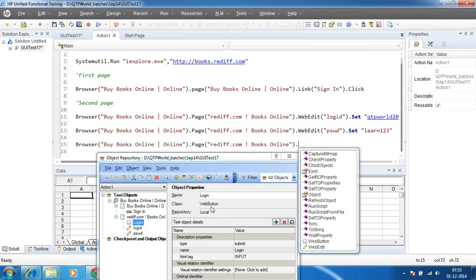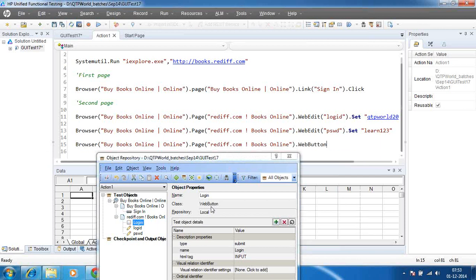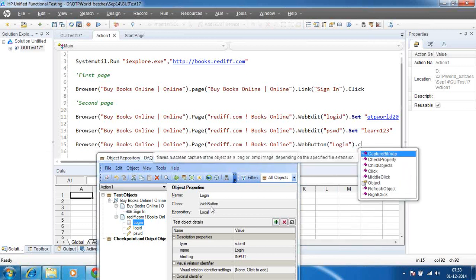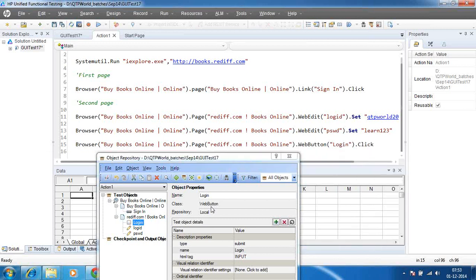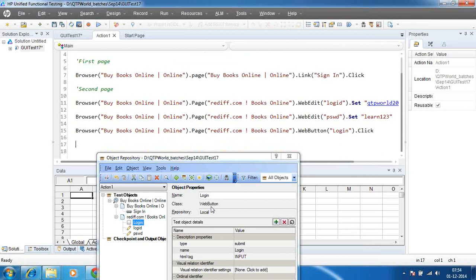In any application we call it a button, but the people who developed the tool made it so that it identifies the button as a web button. And what we are doing on that web button is dot click.